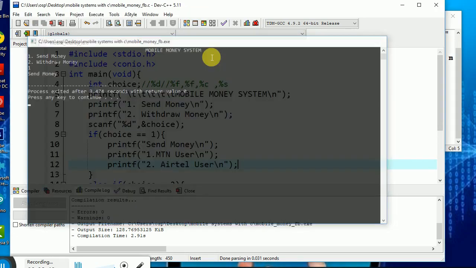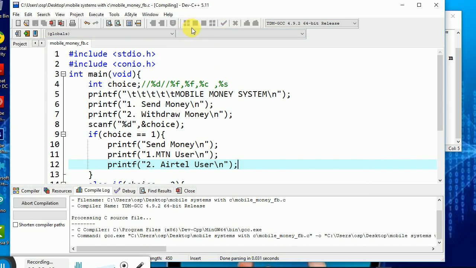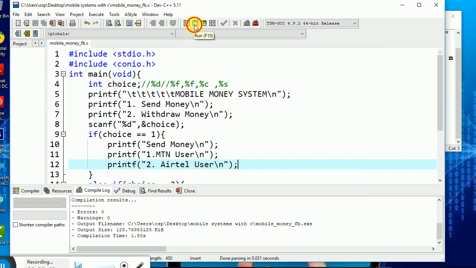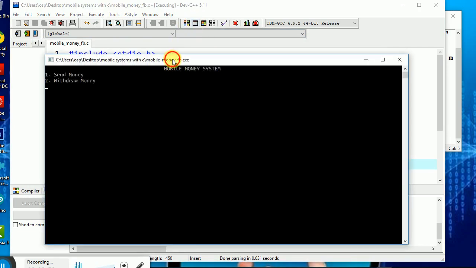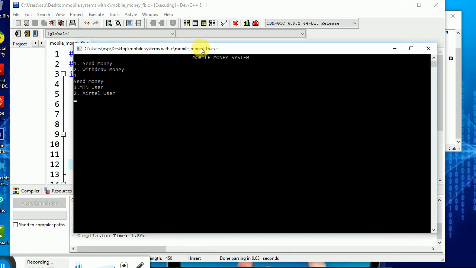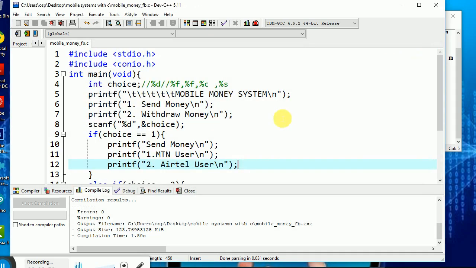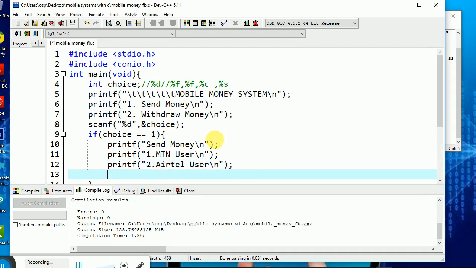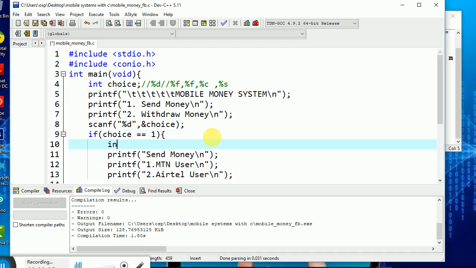Sorry, I did compile the application. Remember I told you this is a compiled language. You have to first compile the source code to turn it into an executable file. So if you check, if I press one, good, see, send MTN user, Airtel user. But now the point remains that the application does not bring for us the same. So you can also come back in here and I just go underneath and define another choice. So define int select, just like that.